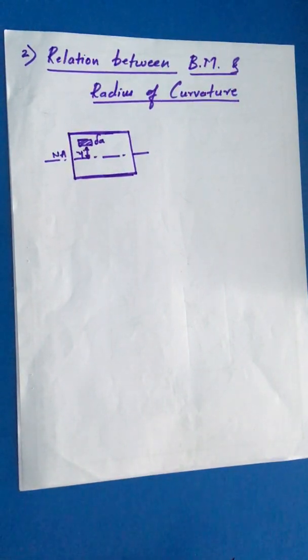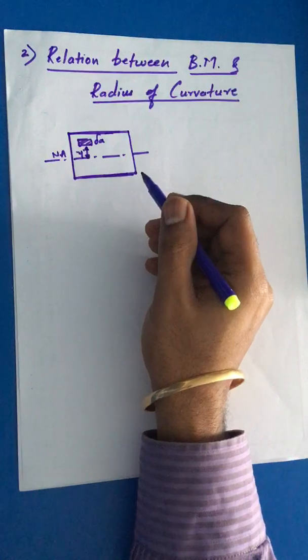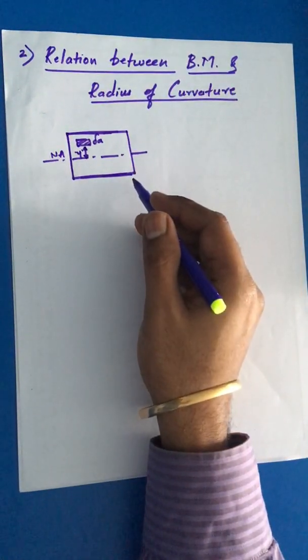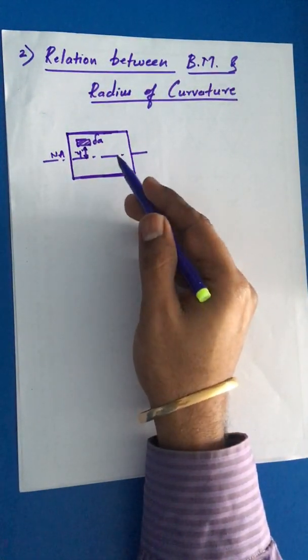Hello everyone, this is Professor Pawan again, and in this video I am going to derive the second part of the bending equation, that is the relationship between bending moment and radius of curvature. And for that I have drawn this particular diagram here. Now this diagram gives us